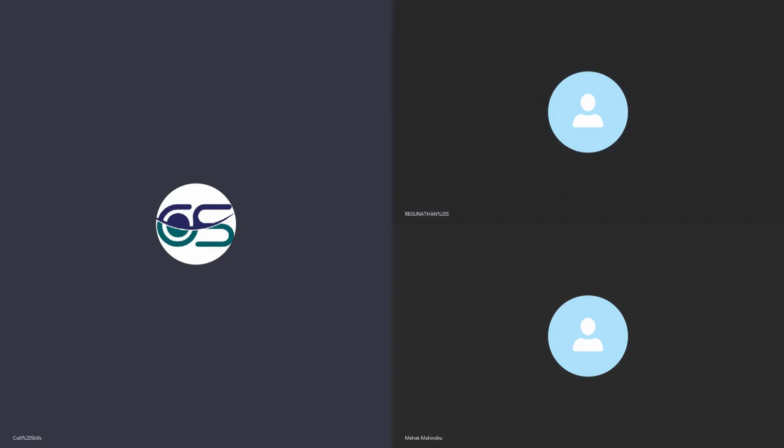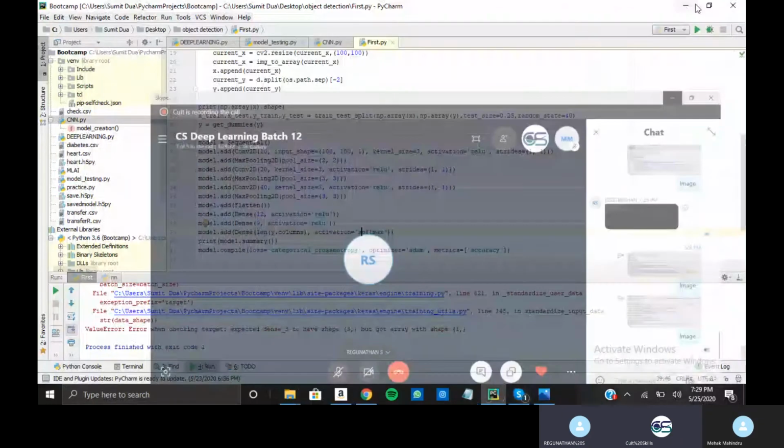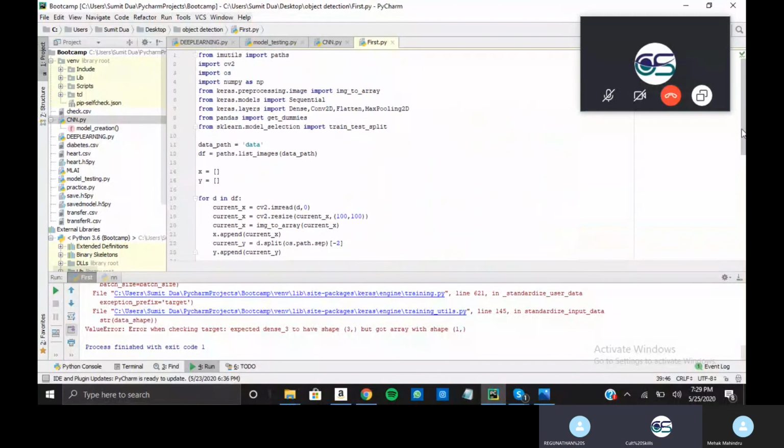Okay, Mehak, coming to your doubt. What I guess is that you are using the get_dummies part of y for something. Can you show me the complete code? Can you just show me the complete code? Yeah, screen sharing would work.